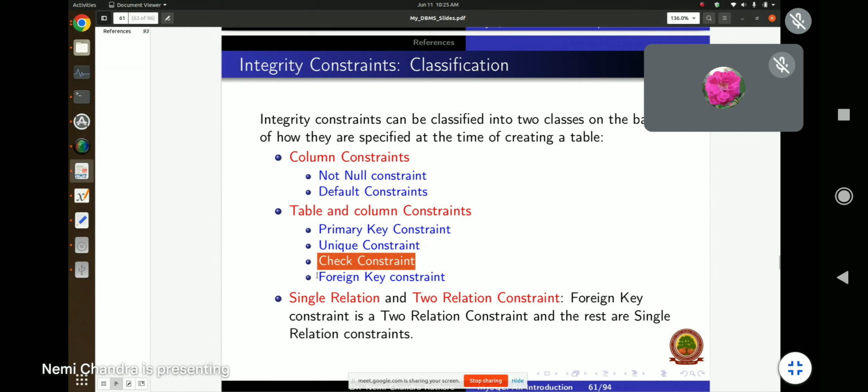Foreign key constraint. A foreign key constraint can also be defined as a table constraint or column constraint. When the foreign key contains only one